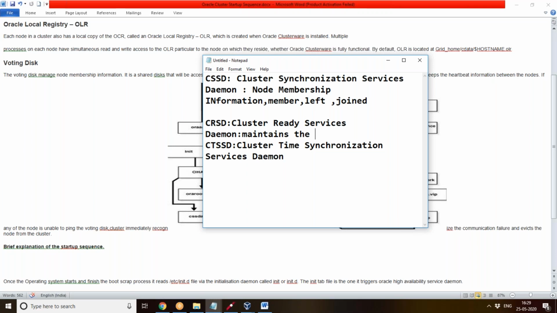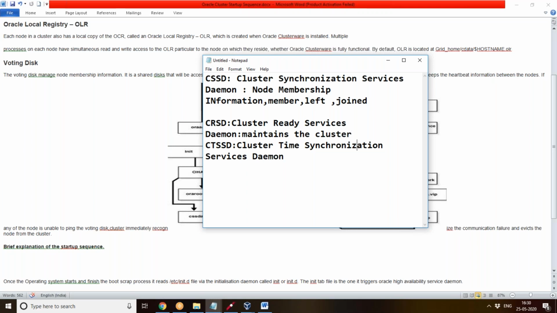If a node has joined the cluster but transactions are not done, it will check whether the transactions are running properly. So the whole cluster related services are maintained by the CRSD only.